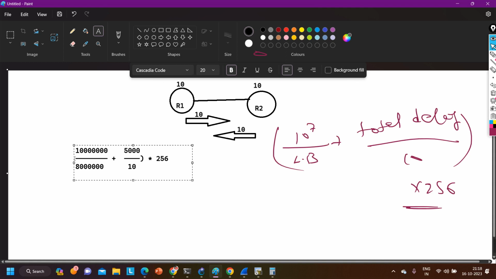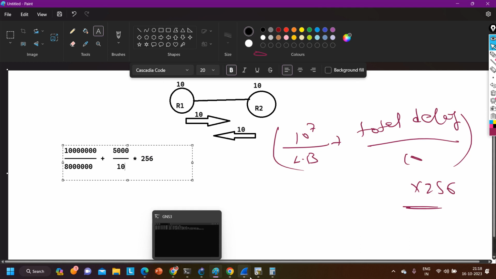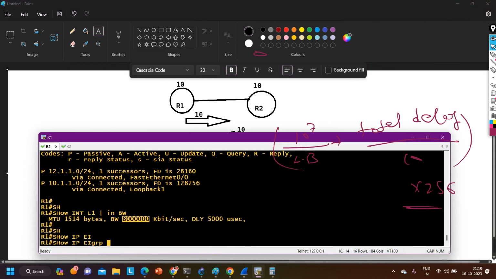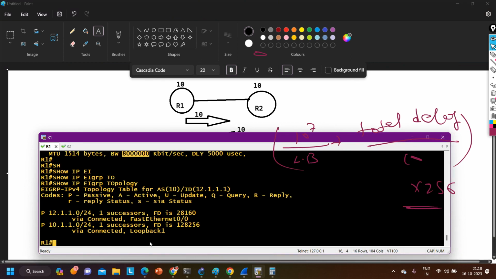If you calculate this value, you will find this value here. Okay, this is the whole multiplied by 256. Whatever value you get after the calculation, you multiply that value with 256, and you will get this value here on router number 1. So, show ip eigrp topology, this value,